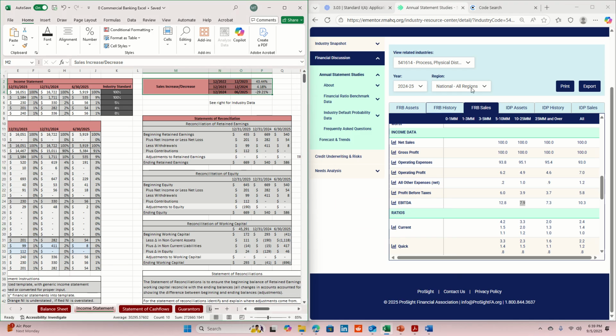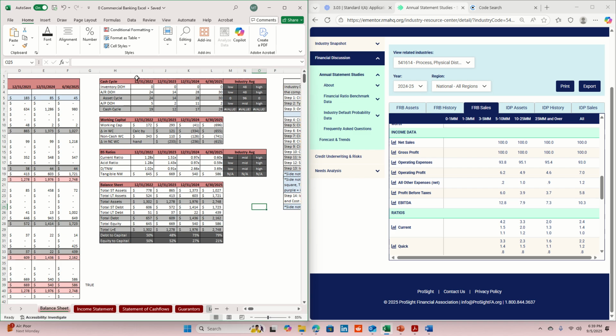So we're going to hide this, and we're going to go back into the RMA, and now we're going to go to balance sheet. So we have one chart, and then we have two charts that we have to fill out here, right? So let's start with the cash cycle,